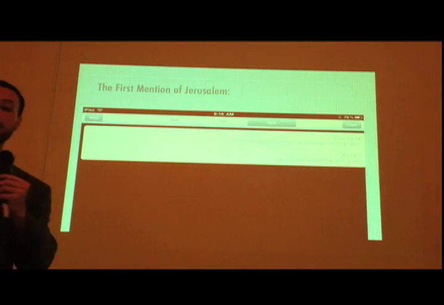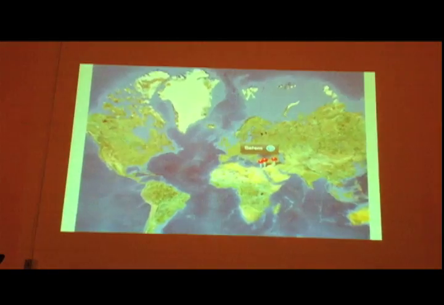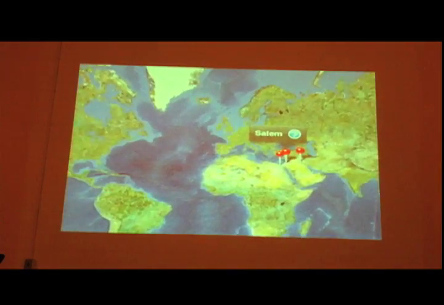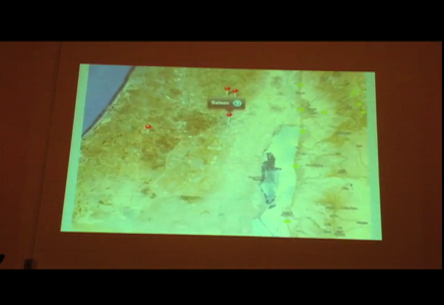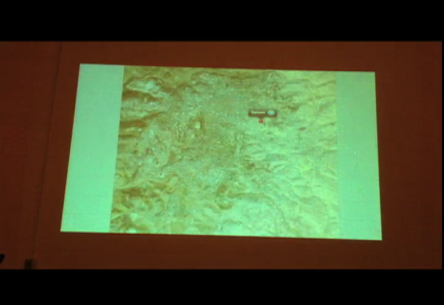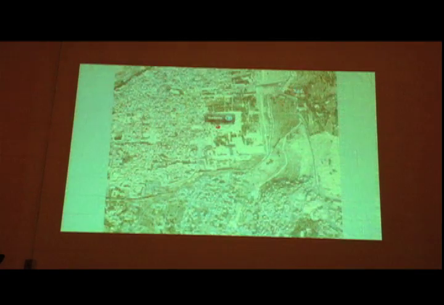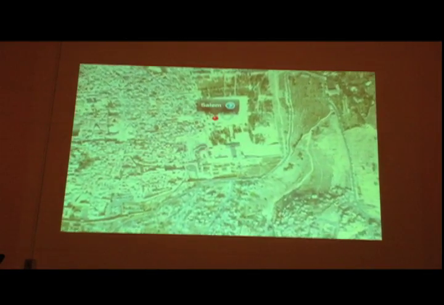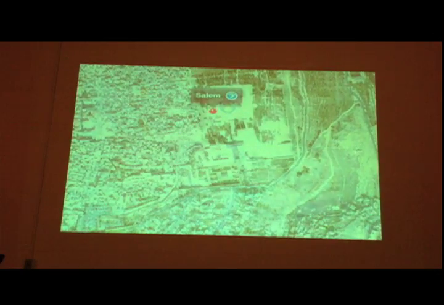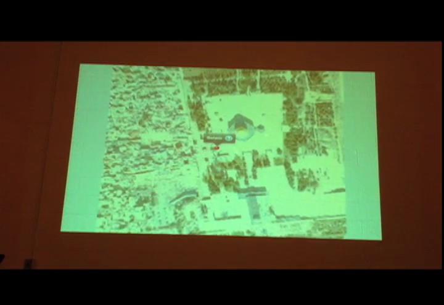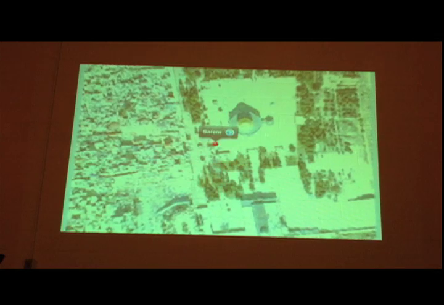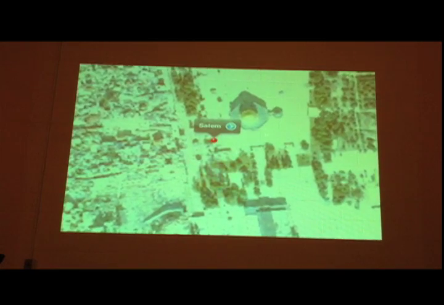So when we talk about the city of Shalem, again, I want to know, where is the city of Shalem? And from the iPhone or the iPad, I tap a button, and automatically it takes me in. And I can see this is an actual satellite view from my phone that shows me Jerusalem. And can you tell what we're looking at? It's an actual picture of a satellite view of the Temple Mount.